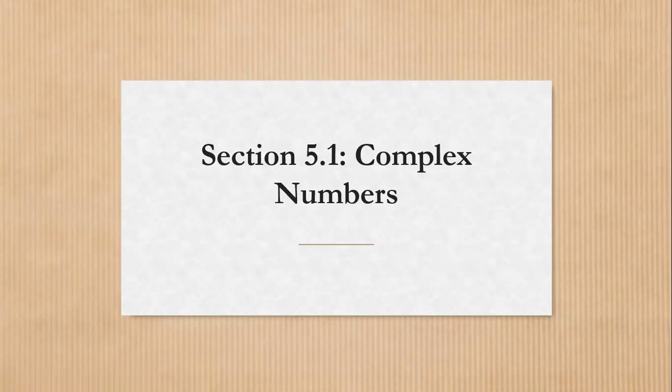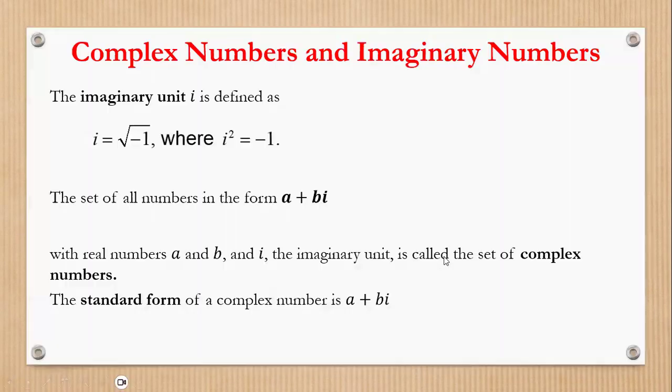In this section, we want to talk about complex numbers. Complex numbers are the numbers that have an imaginary number as part of them. What are the imaginary numbers? Imaginary numbers are negative numbers under the square root, because we know